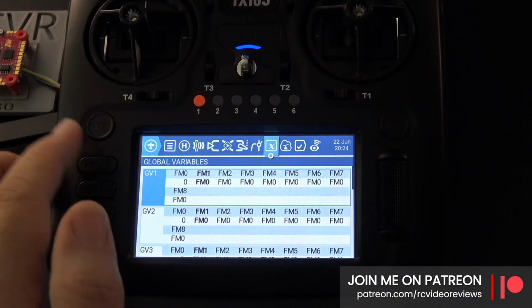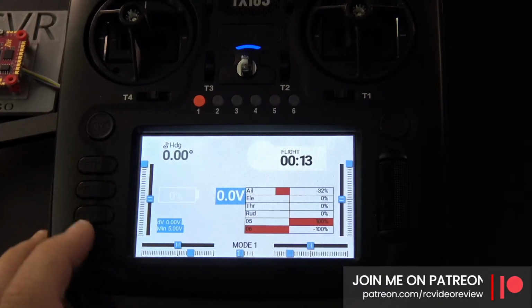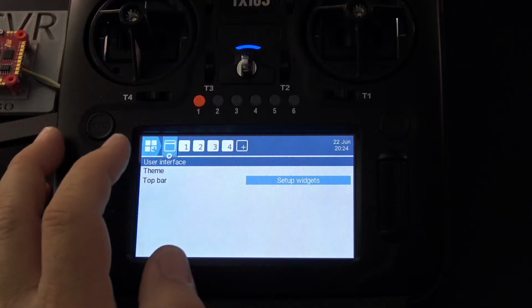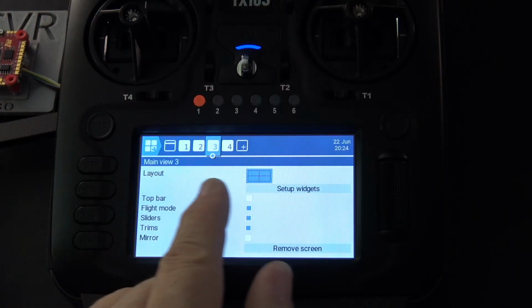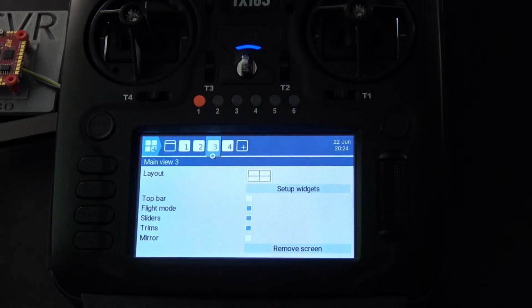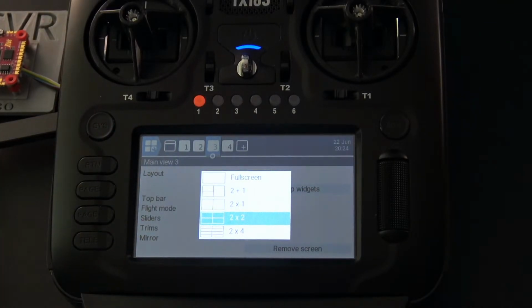Oh yeah, this was a big one. I struggled with this on my first video. So if we go into widget setup, I'm just going to go on the telemetry screen and pick one. The first thing I wanted to show you is this layout view. When I first did this, I said, boy, they only give you one layout. I thought, well, it didn't occur to me to press the button.